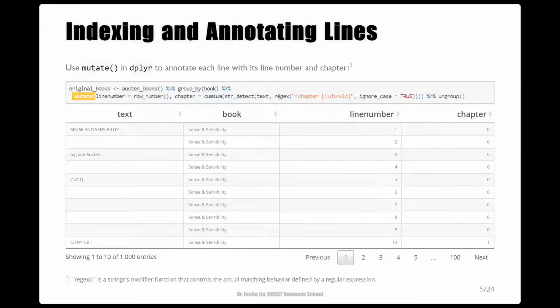Here, the regex function is a stringr modifier function. It controls the actual matching behavior defined by a regular expression. Here, we set the ignore case option to true, allowing characters to match either their uppercase or lowercase forms.